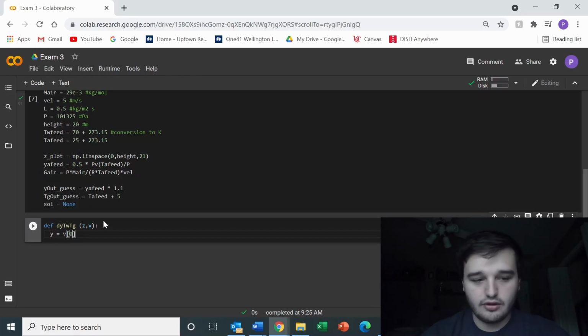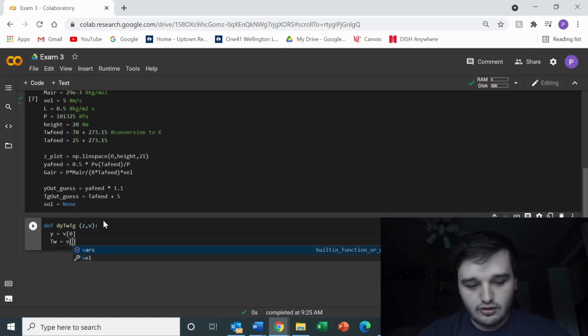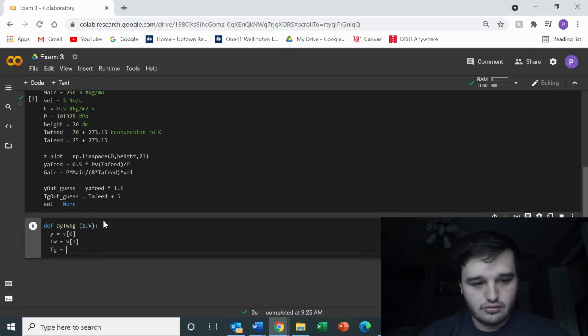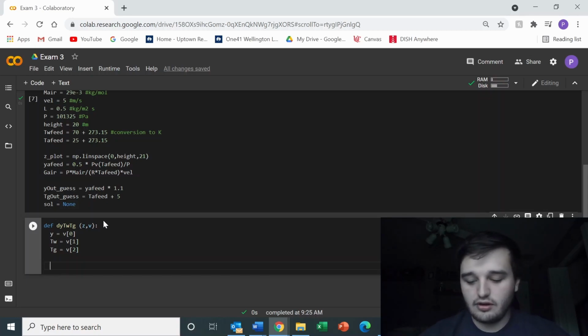And let's go ahead and say that the mole fraction of water, and then we need to say what those are. So we'll say that the mole fraction of water is the first element in that v variable, and then same for TW and TG, the temperature of the water and temperature of the gas, and remember that Python indexing starts with 0. So now that we have those changes being put into the v variable,